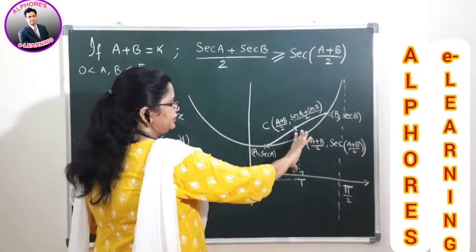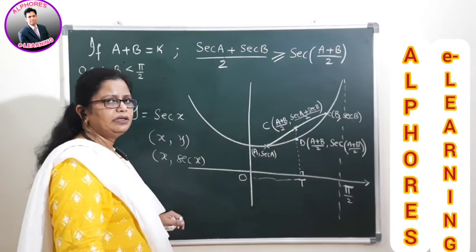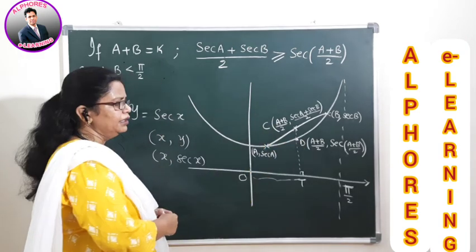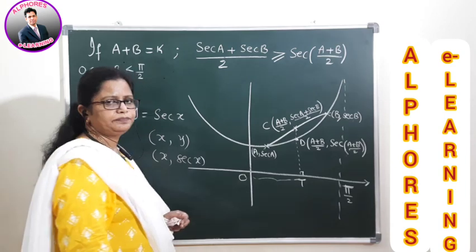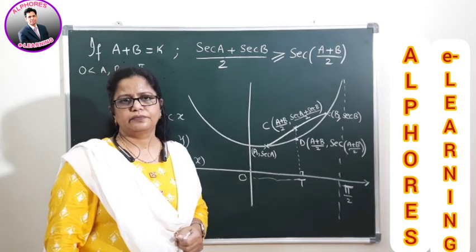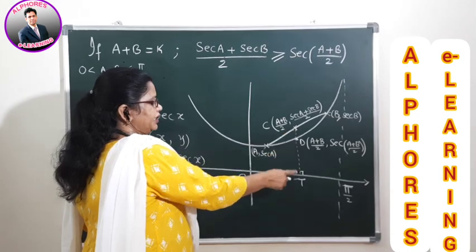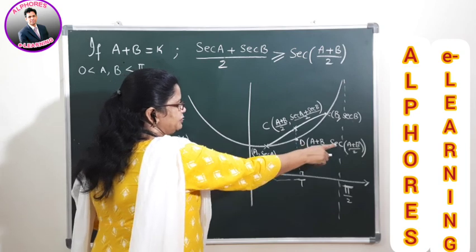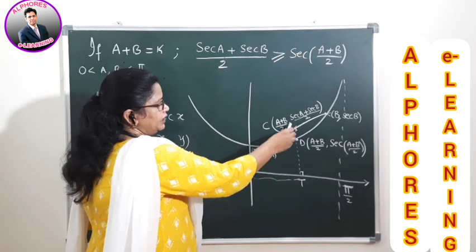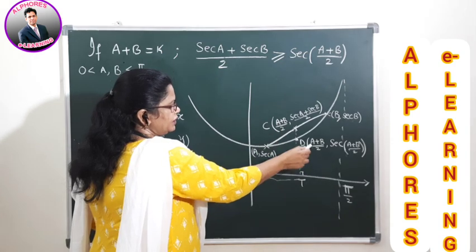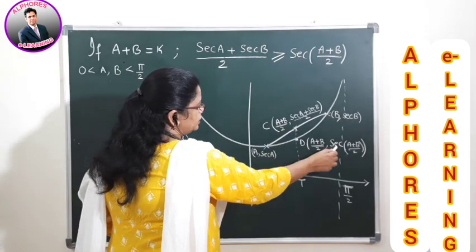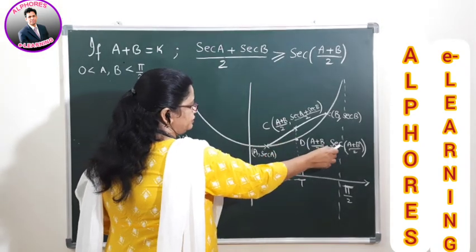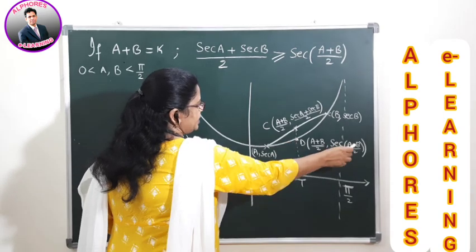And what about this value here? It is the ordinate you got, which is not on the curve. Now correspondingly you take the point exactly on the curve, students. This is A plus B by 2 you got. Now compare the ordinate here: this one is secant A plus secant B by 2, whereas here it is D of A plus B by 2 comma this one. How we got this value is, this is the abscissa here and here. Correspondingly the ordinate on the curve is x comma secant x. So here the ordinate value, as this point is on the curve, is secant of A plus B by 2.